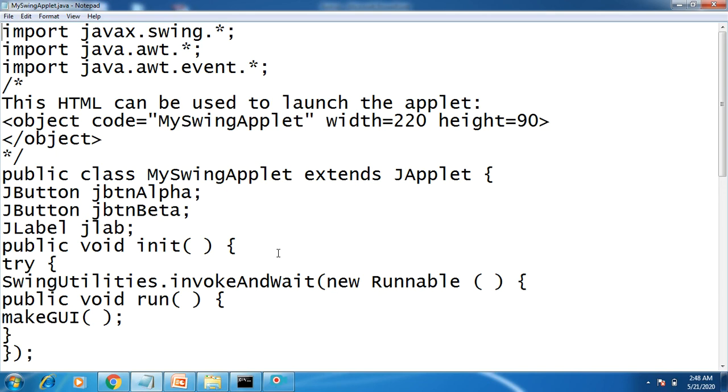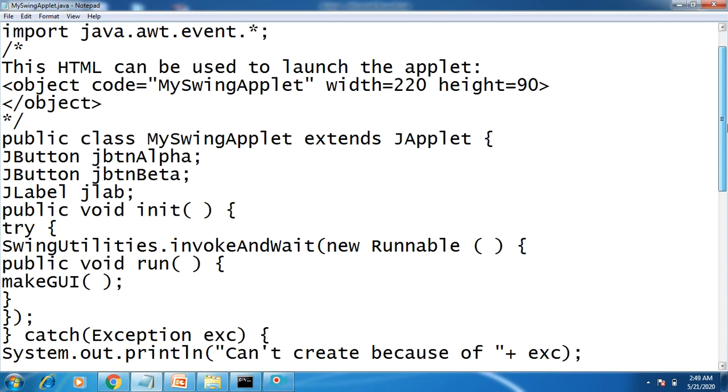The same program here, but as it's an applet, remember you need to create one HTML file which will include this object code, or else you can include the applet code, then the name of this Java file. Then you have to specify the width and the height of the window. So this should be a separate file having the extension .html. So you can say MySwingApplet.html, and this is the Java program.